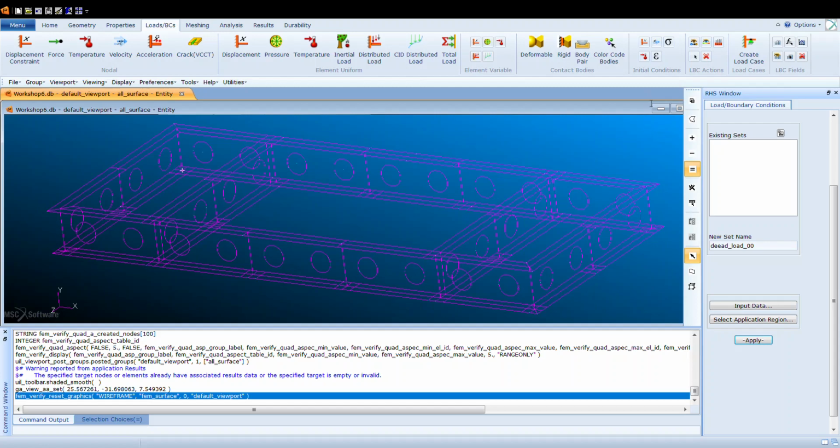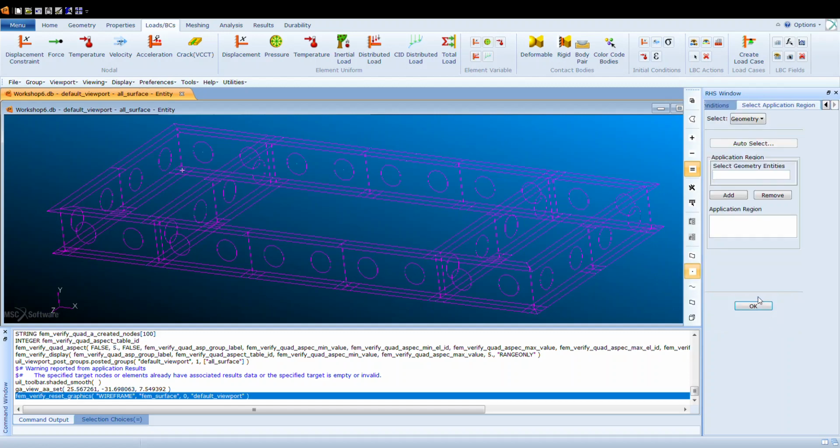You could also put commas or space, whichever you prefer. Once we done that, press OK. Now we're going to select region, and we're going to select on geometry entities,